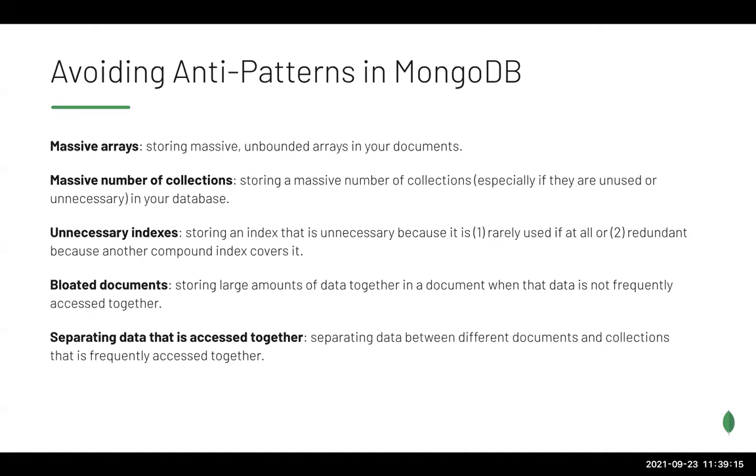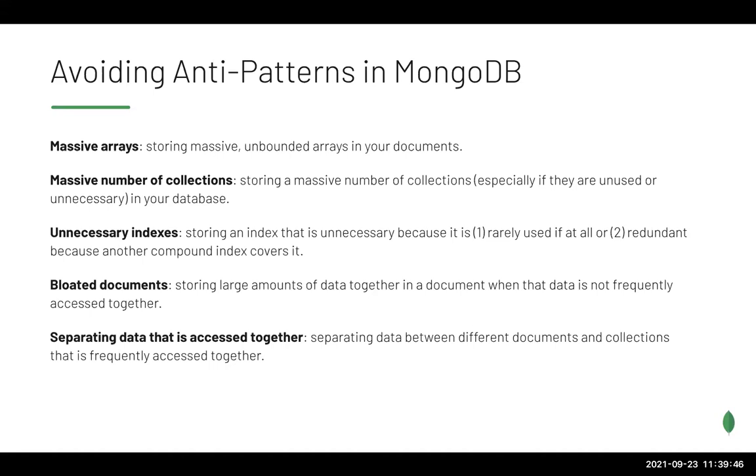Next, unnecessary indexes. So storing an index that is unnecessary because it is rarely used or redundant, or because another compound index in MongoDB covers it. Indexes will take up more space in your database, and if you're not using a particular index, or you're using it very rarely, it makes sense to drop it. And we'll talk a little bit about indexes as we get to the schema advisor,